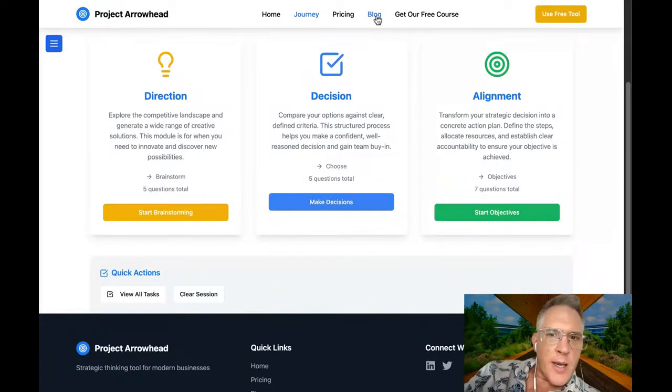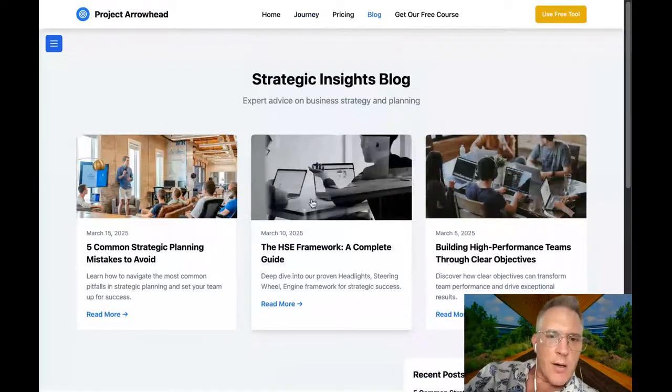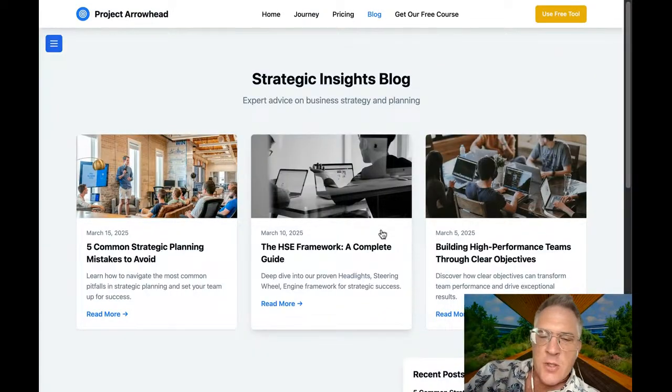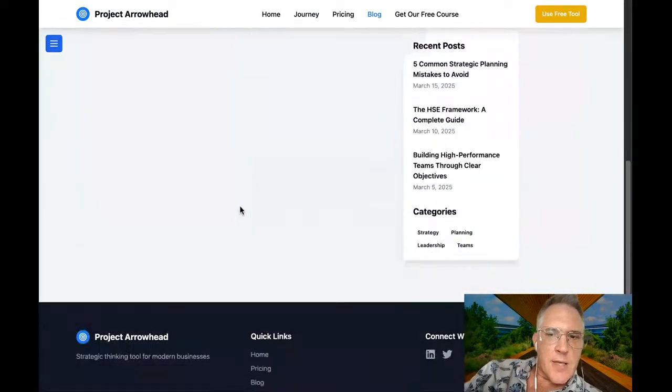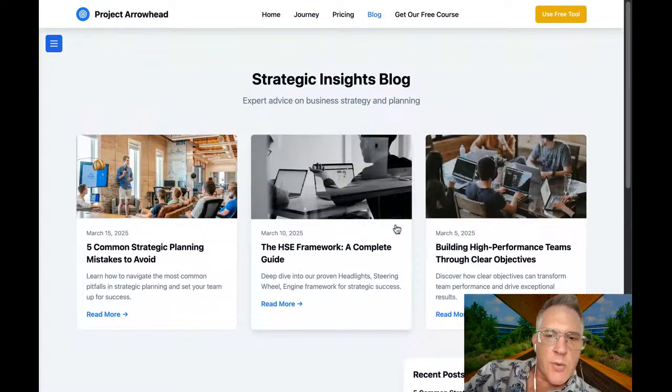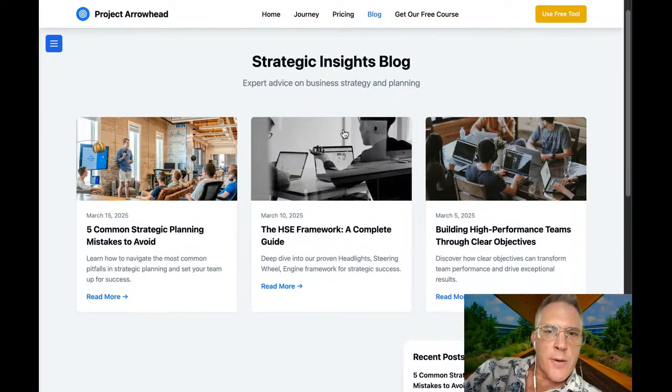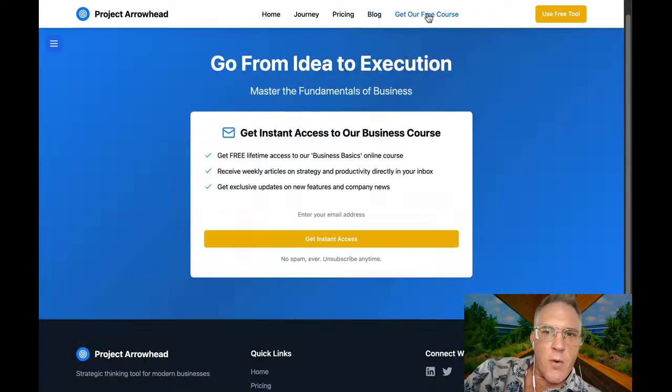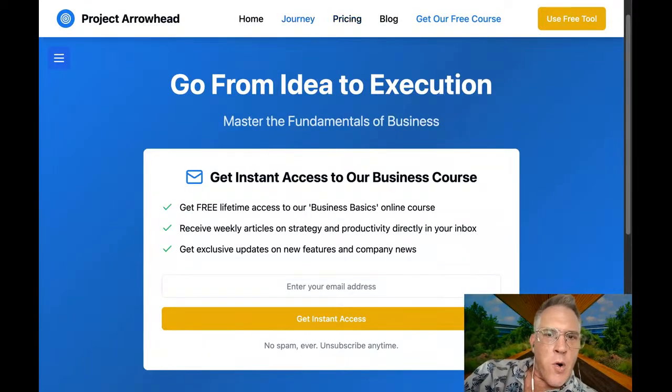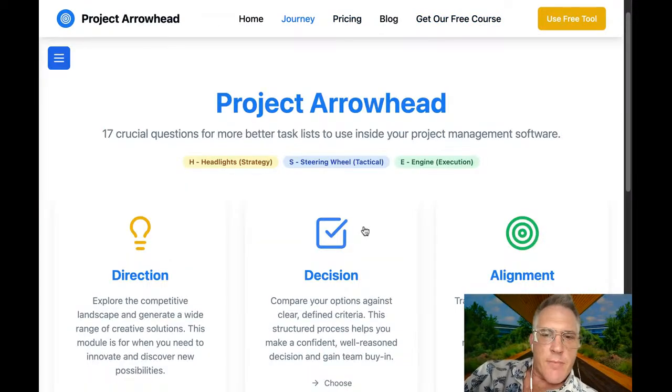Remember I was talking about the blog page. Here's the blog page. These aren't my blogs, so we need to figure out how to update this website without having to change the code. So we want a page where we can upload blog articles. And when I talked about the free course, this is the page that we need to change in order to link it to my YouTube so that people get access to my online course. And then we need to create a series of emails, so this is for email advertising. And then, why is this the wrong size? There we go. But Journey, so this is the free version of my app.